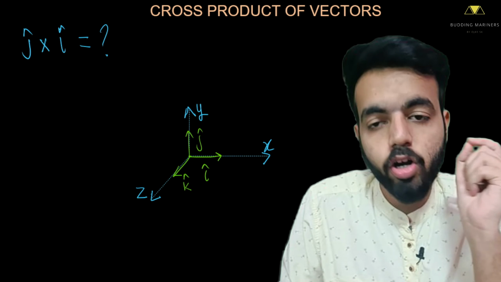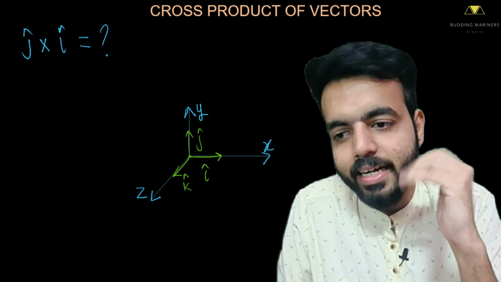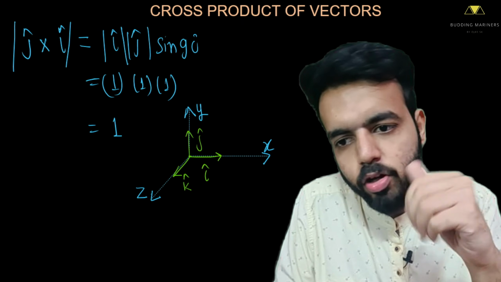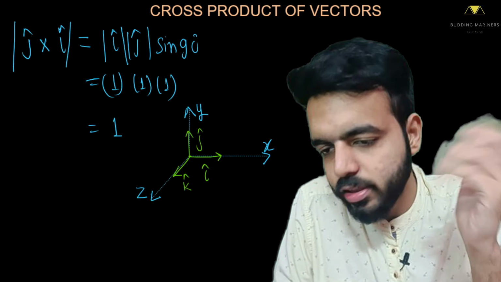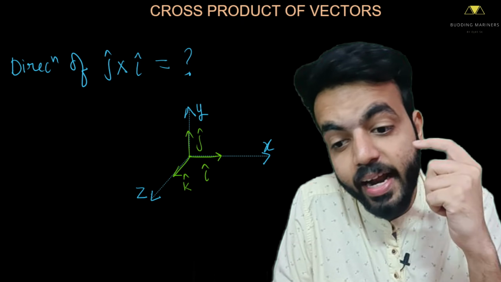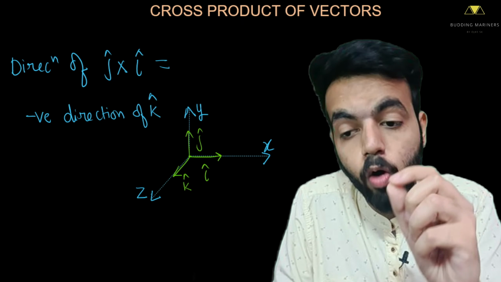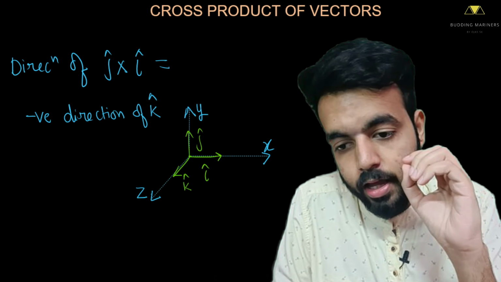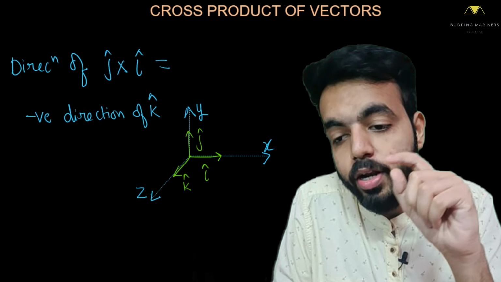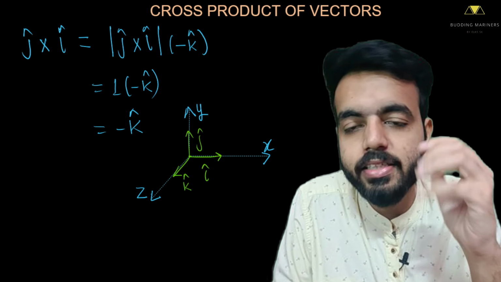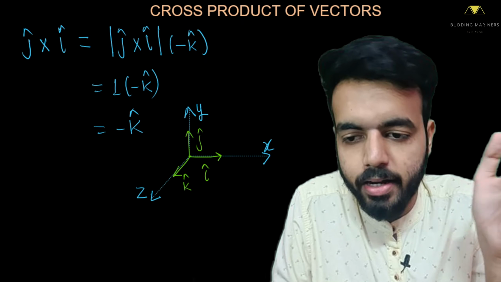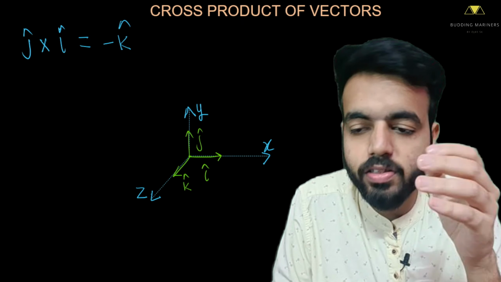So now let's calculate J cross I. Like we did for I cross J, we got K. Let's do the same for J cross I. So J cross I is a vector. So let's get the magnitude first. So magnitude is going to be 1 because the angle between I and J is 90. So sine 90 is 1. Now for direction. Now if you apply the right hand thumb rule correctly, you get the direction of negative K. K is coming outwards from the screen that you are viewing it on. Negative of K is going inside the screen. So if you apply J cross I correctly, right hand thumb rule, you will get the direction of negative K. So we can say that J cross I is nothing but the magnitude of J cross I times the negative direction of K. So we have 1 times minus K, that is minus K. So we have J cross I is equal to minus K.